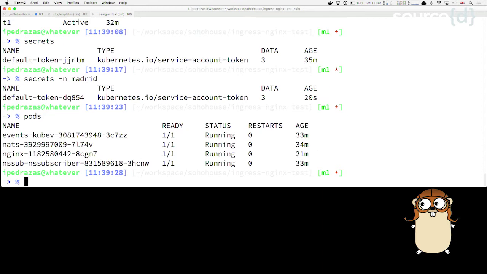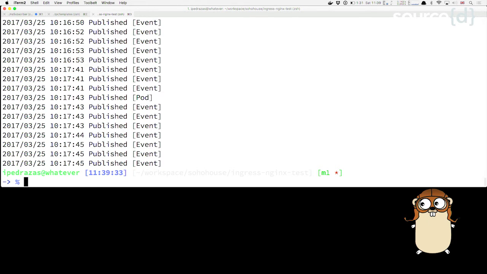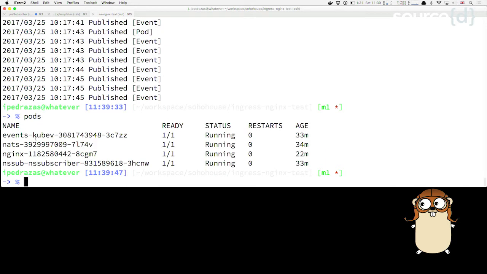Let's see what's happening. So these are the logs. I know what's happening. It's not reading the namespaces. This is the logs of the event listener. This pod is listening for events and publishes them in NATS.